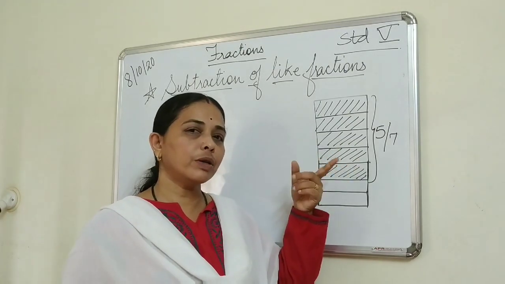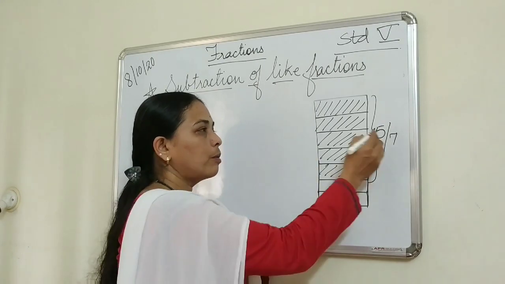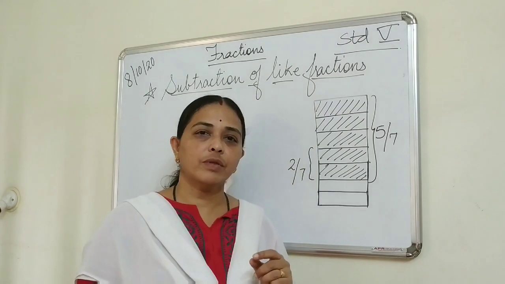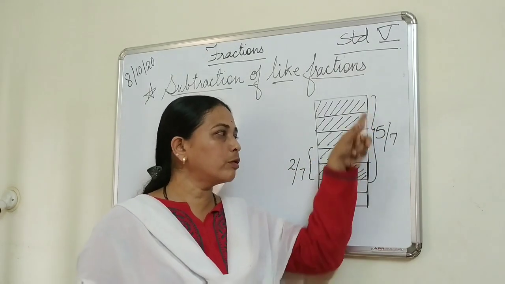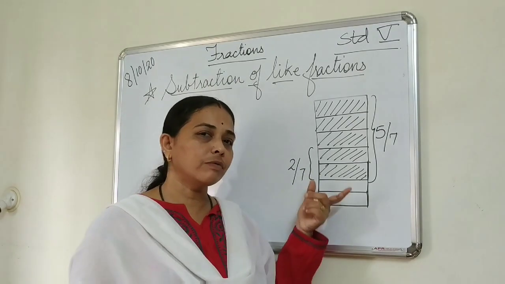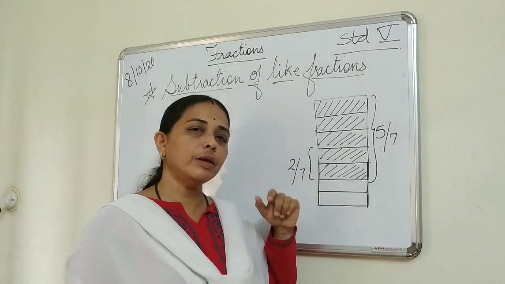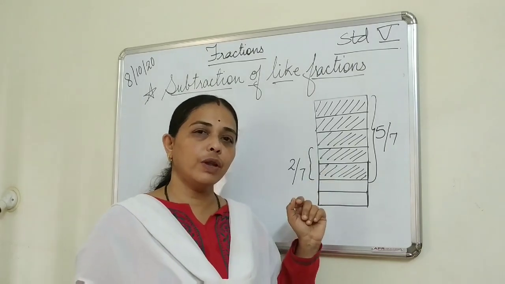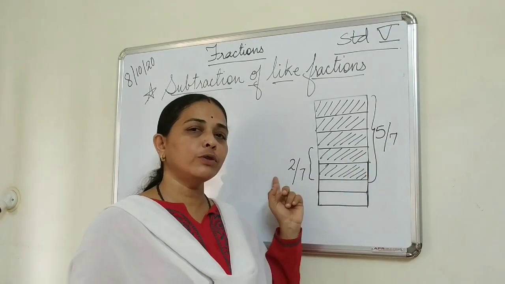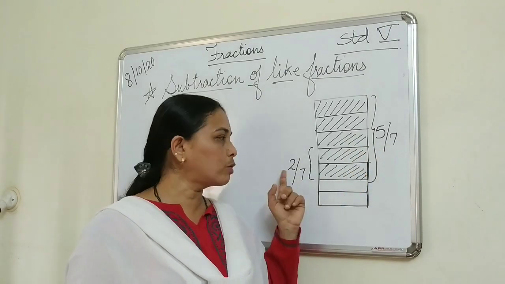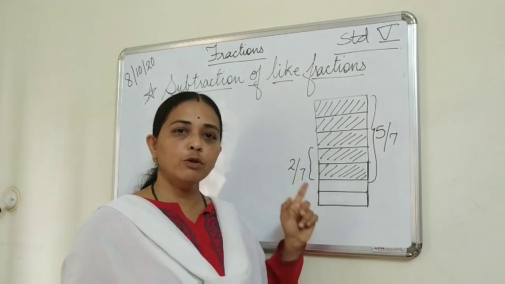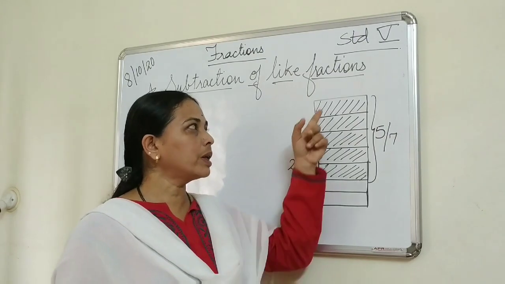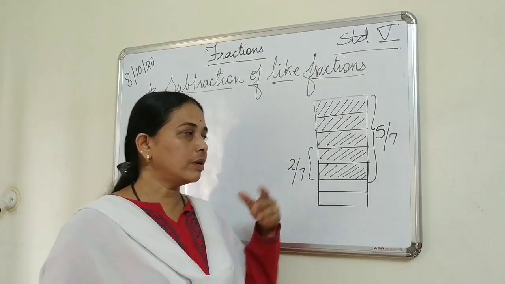Okay. In between you met your friend, and from these 5 pieces, you gave your friend 2 pieces. Are you getting me? Your mother gave you 5 pieces of Cadbury bar, and in between you gave 2 pieces out of the 7 to your friend. 5 pieces were out of 7, 2 pieces also are out of 7. Okay, now 2 pieces are not out of 5. 2 pieces are also out of 7. So naturally, how many pieces remain with you?